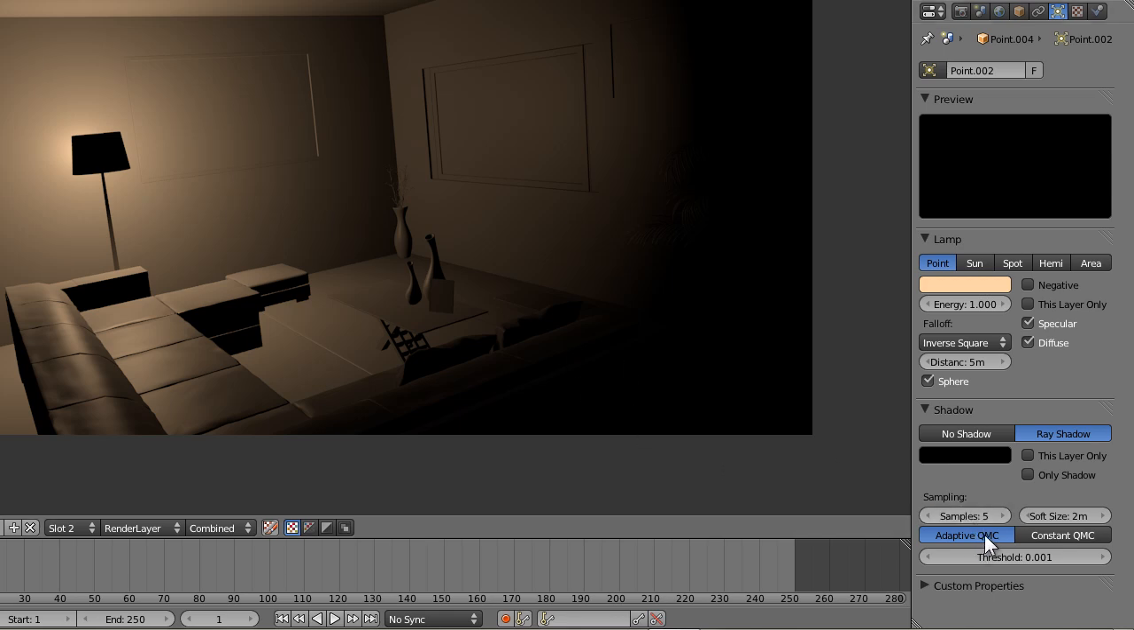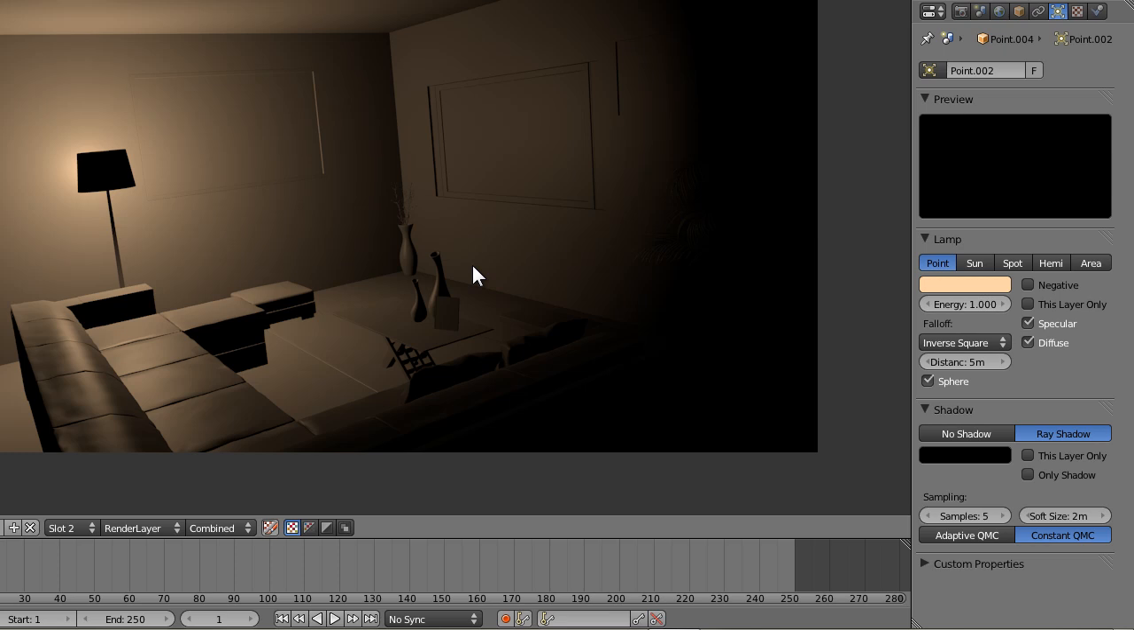Adaptive QMC or constant QMC means, as far as I know, that there is a range or a threshold where it will stop sampling and start computing something else. I don't know. I usually leave it like this or use constant, so it will sample all that it has to sample and then start sampling another shadow. So